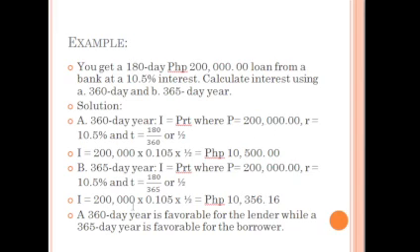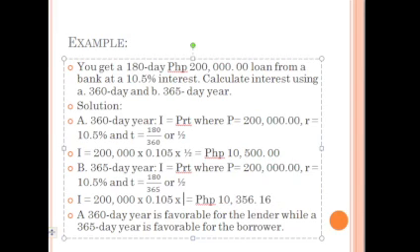So we have 200,000 times our rate of interest here, 0.105, times, okay, how much is 180 divided by 365? 180, again, divided by 365, and that is 0.493. And if we are going to multiply them all, the answer is